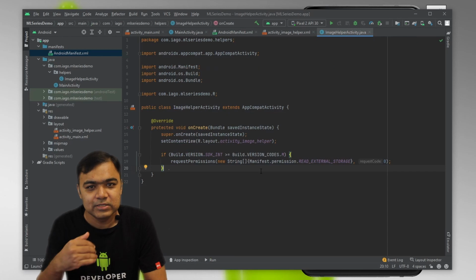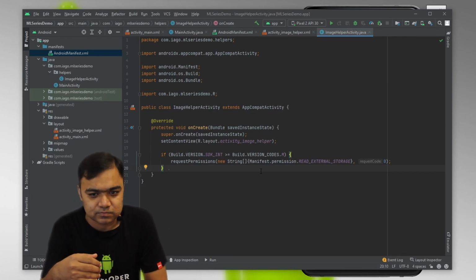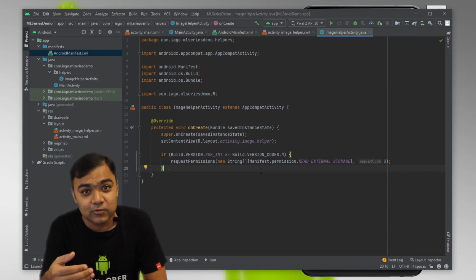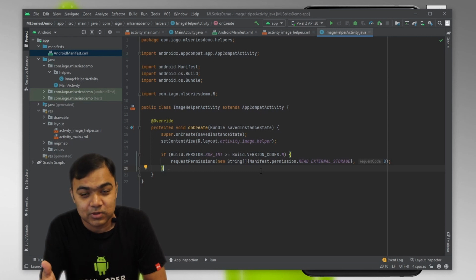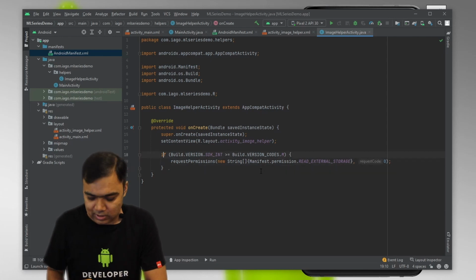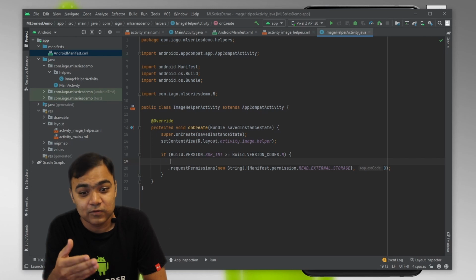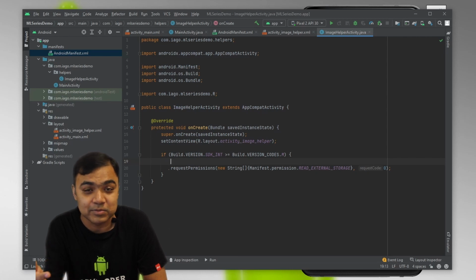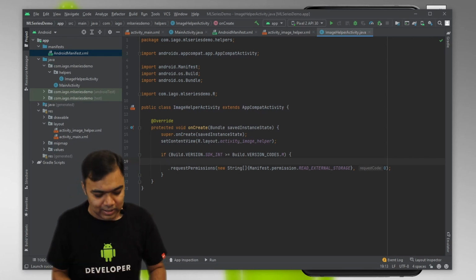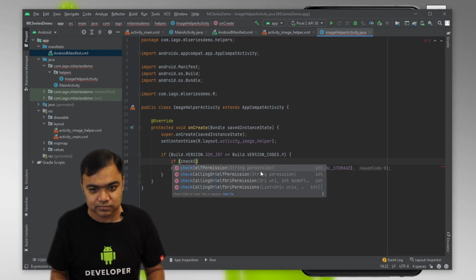So there are many scenarios surrounding these permissions. The first scenario is, whenever you come to this piece of code, the user might have already granted you this permission. So in that case, you don't need to bother him again, because if you execute this code, Android will again show the pop-up and ask whether you want the app to continue using this permission. And then the user might think the permission is more dangerous and he might also deny it. So let us just add some code to check whether the permission is granted or not.